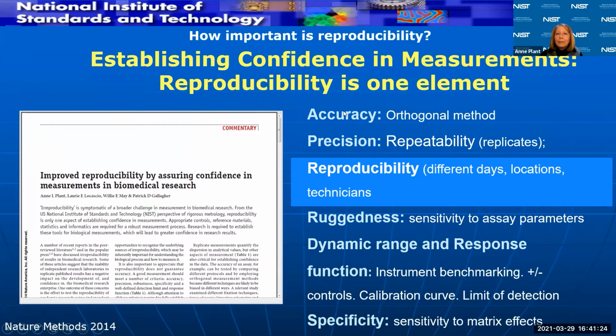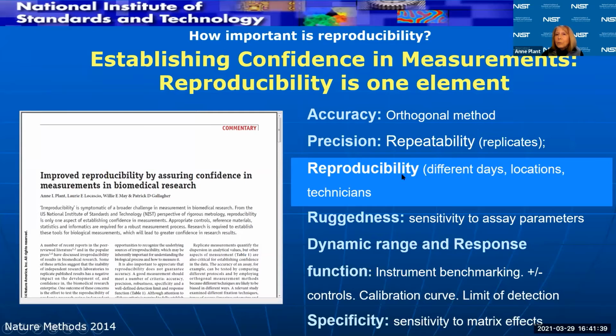So this is a list that is often used to describe an assay, for example, and what are the components of an assay that are important to establish one's confidence in the results of that assay.